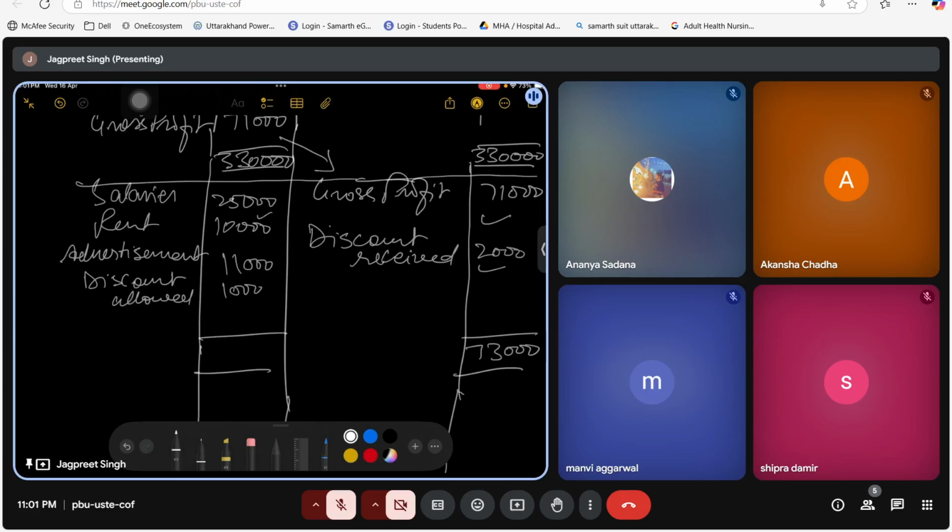ये टोटल कर लेते हैं, 25 प्लस 10 35, 35 प्लस 10 45 एंड 2, 47,000 रुपीज के एक्सपेंसेस हो रहे हैं, और 73,000 रुपीज का टोटल हमारे पास प्रॉफिट्स है। तो माइनस करके हमारे पास जो 13 में से 7 गया 6, और 6 में से 4 गया 2, 26,000 रुपीज का बैलेंसिंग अमाउंट बच रहा है हमारे पास। टोटल इनकम्स में से टोटल एक्सपेंसेस माइनस कर दिया, तो मेरे पास बचा 26,000 रुपीज, जो कि है हमारा नेट प्रॉफिट।